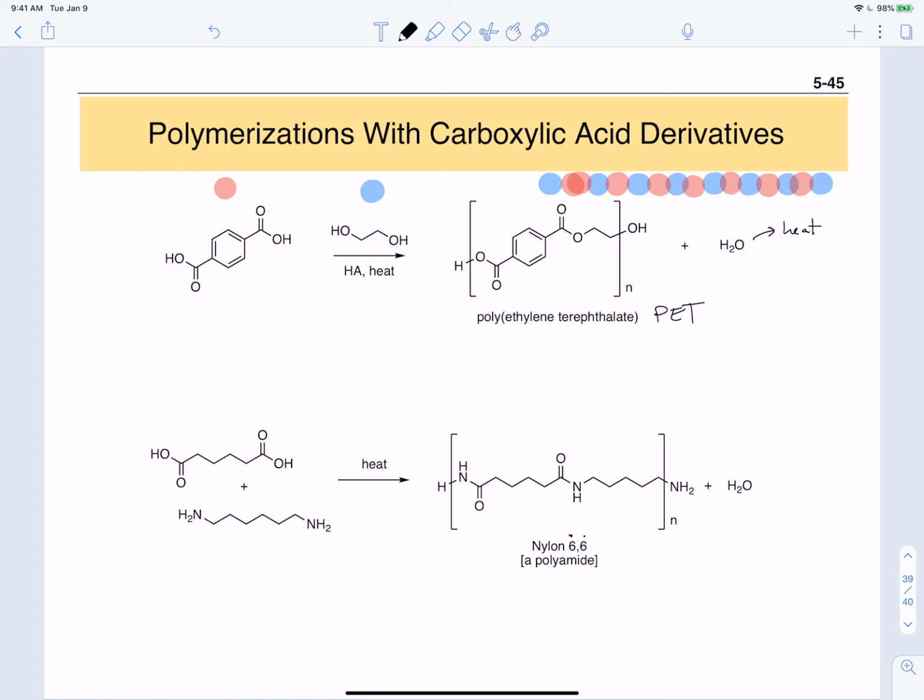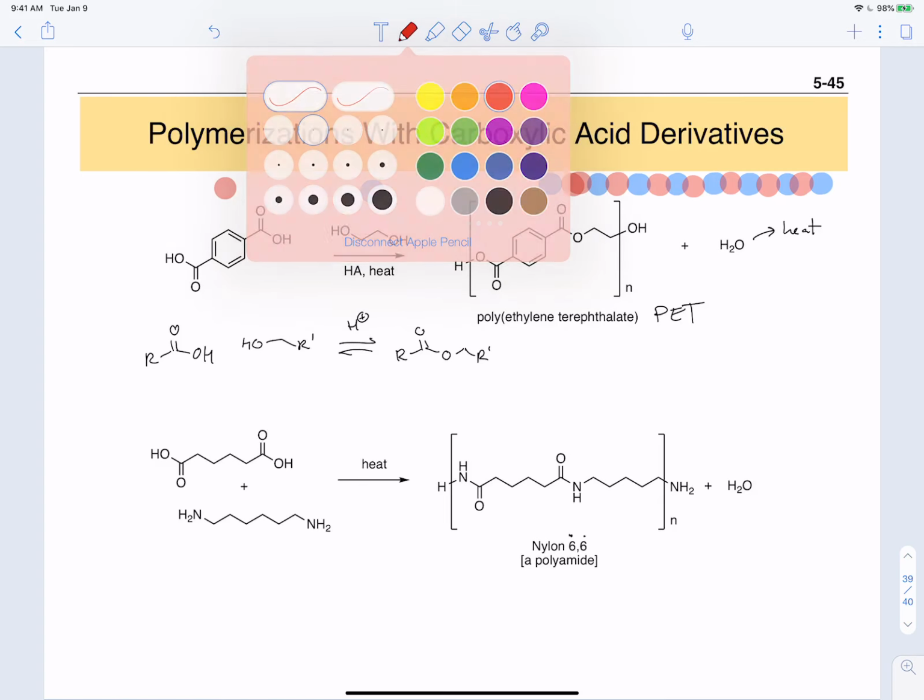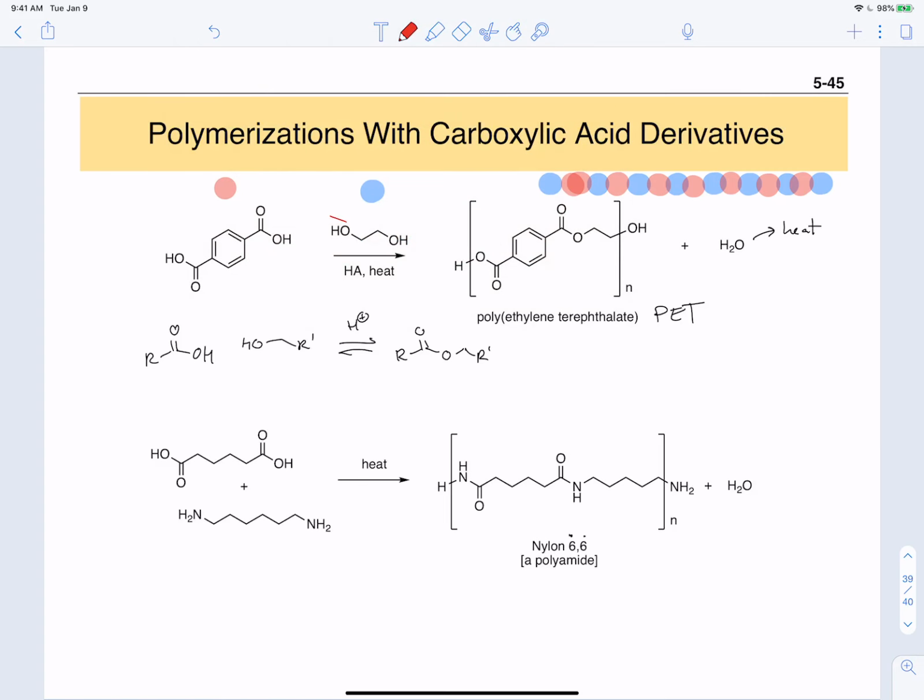And so we know that when we have just any sort of carboxylic acid and an alcohol, say R prime, with acid, these can be in equilibrium. And these can make esters. So this is what we're going to see. We're going to have a reaction take place between this alcohol